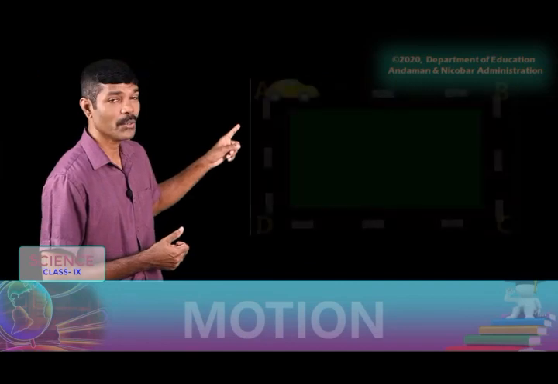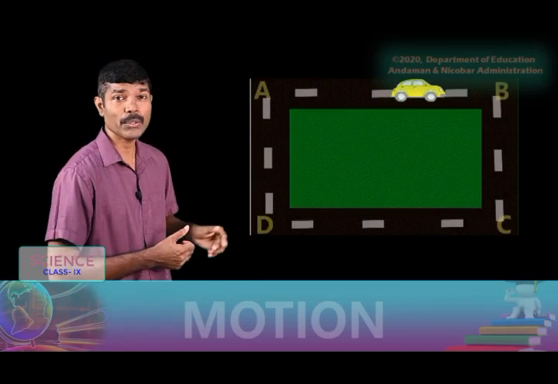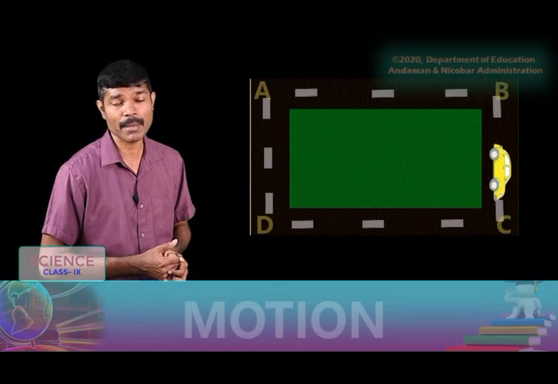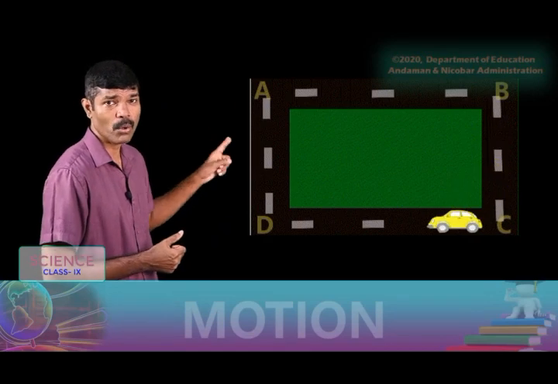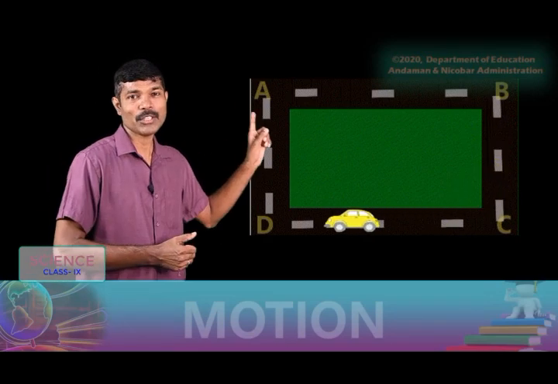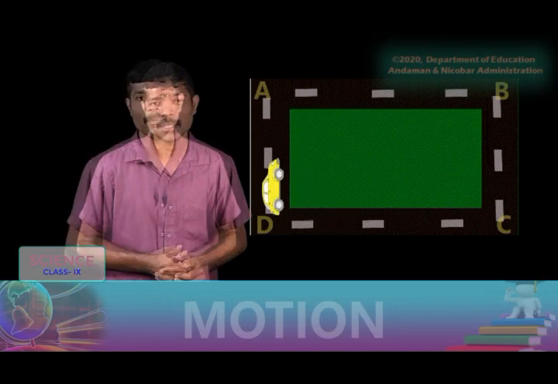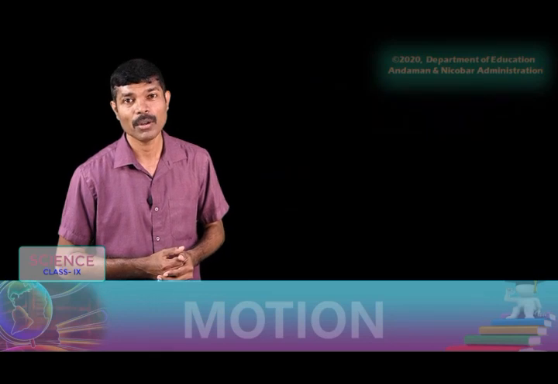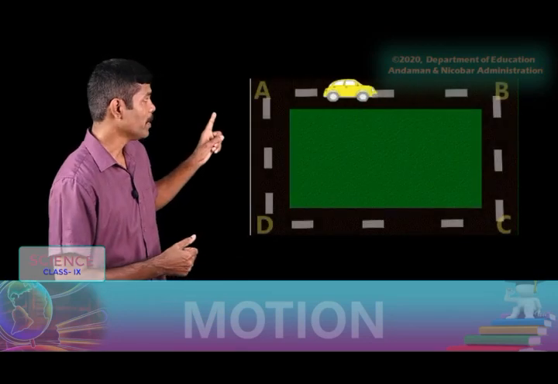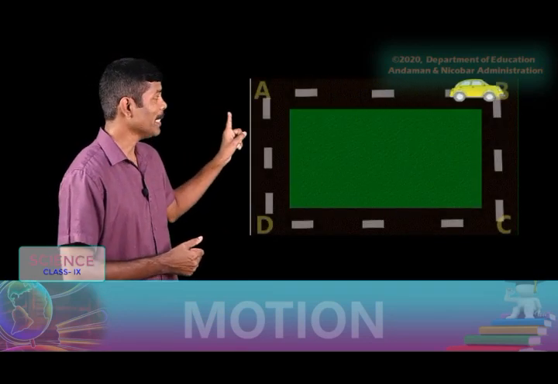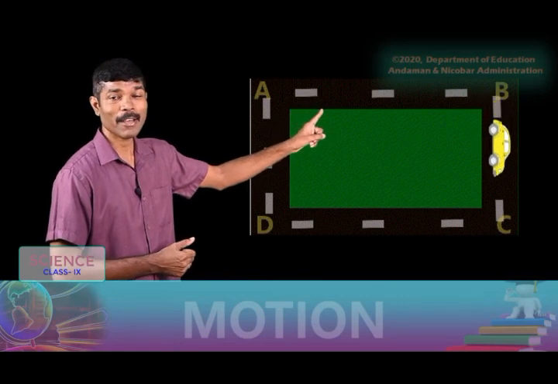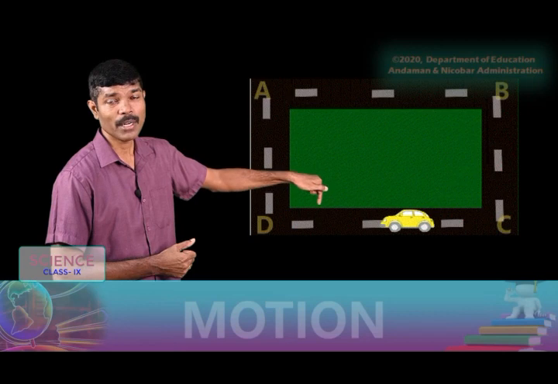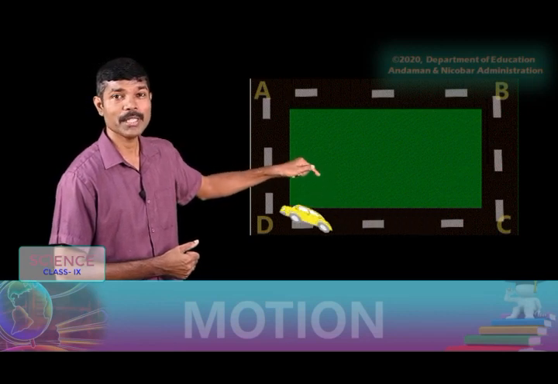Here in this case you can see that the object is in uniform motion. That means the distance travelled per unit time remains the same throughout the motion, but here the change in velocity is just because the object changes its direction along its motion. So when the object moves from the point A to B, it travels in a straight line, but when the object goes down, it needs to change its direction.